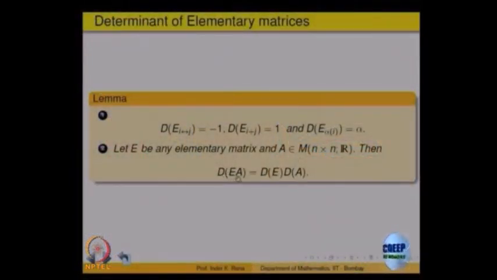Okay. Now, let us apply this to matrices. Take a matrix A and multiply by an elementary matrix, you will get a new matrix, right. So, if this is an interchange, what do you get here? That will be the negative of the determinant of A, -1, but the -1 is the determinant of E, right. So, I can write that property as determinant of E times A is the same as determinant of E times determinant of A, when E is an interchange of 2 rows.